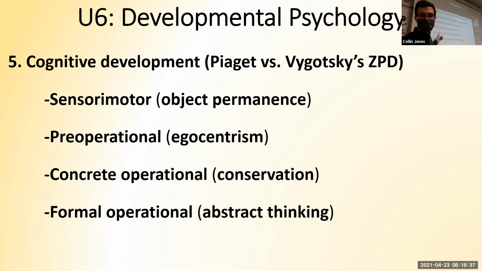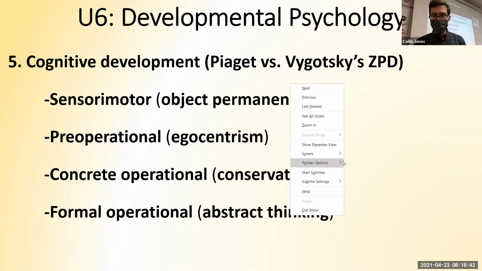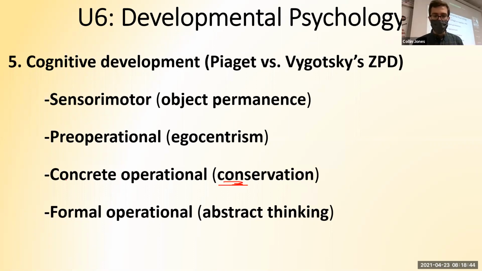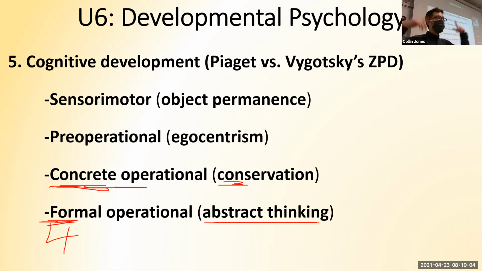In stage 3, the concrete stage, that's when you get the ability to understand how mass and matter works. Concrete objects you can manipulate and understand. So that's when they can kind of figure out the whole Play-Doh, graham cracker, coin thing, okay? In the 4th stage, the final stage, the formal stage, this is when you're in middle school, high school, and you start to develop the ability to understand others' perspectives, empathy, think about the world, hypothetical situations, abstract morals and justice. That's the 4th stage.